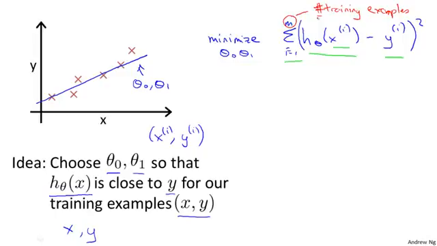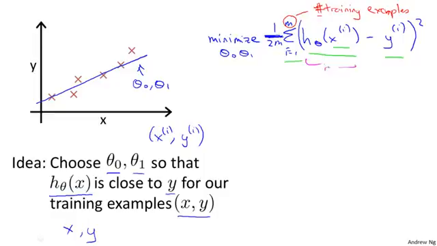And to make some of our later math a little bit easier, I'm going to actually look at 1 over m times that. So we're going to try to minimize my average error, which is going to minimize 1 over 2m. Putting the constant 1/2 in front just makes some of the math a little bit easier. So minimizing 1/2 of something should give you the same values for parameters theta 0 and theta 1 as minimizing that function. And just to make sure this equation is clear,